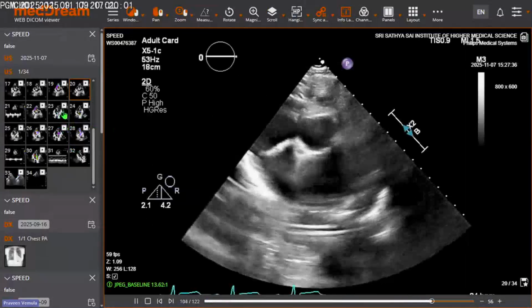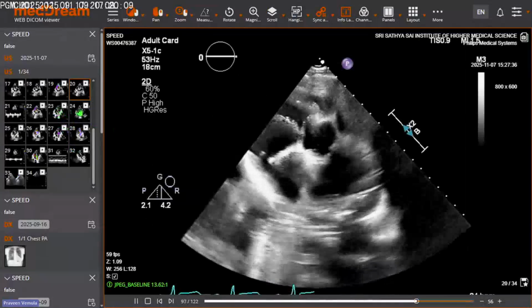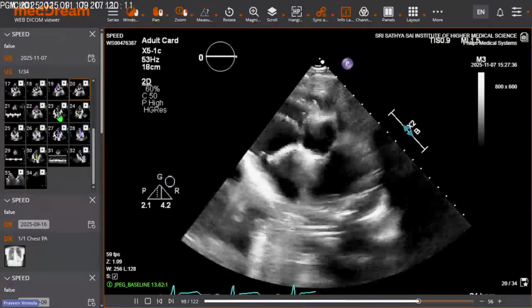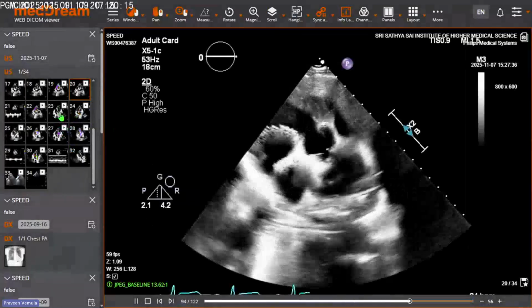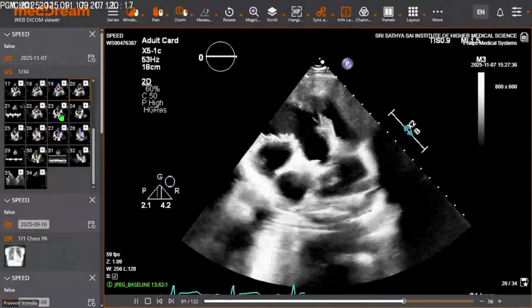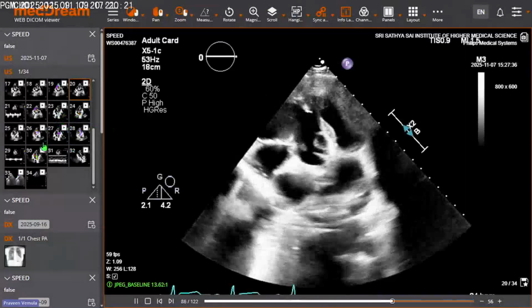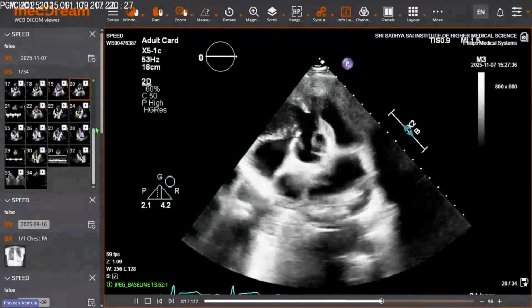Multiple VSDs or single VSD? Yes, sir, associated multiple VSDs and all. Most of the information we can get from echo. The need for cath in these cases now will be to assess whether significant collaterals are there. Hemodynamics of the collaterals only is necessary. Otherwise most of the findings we can get.